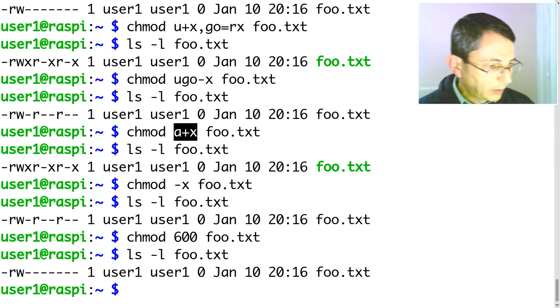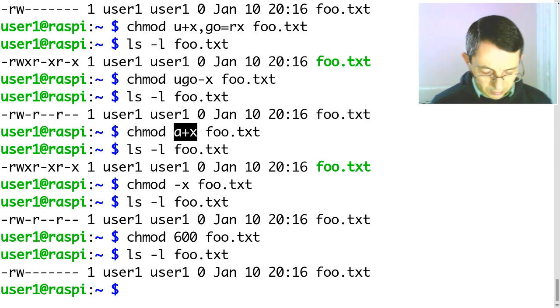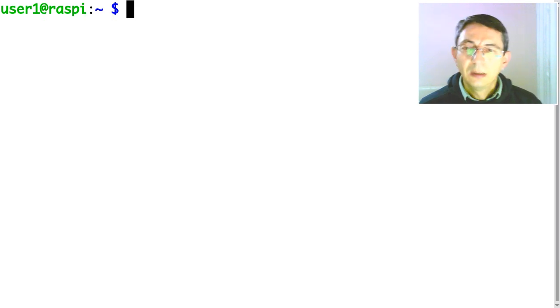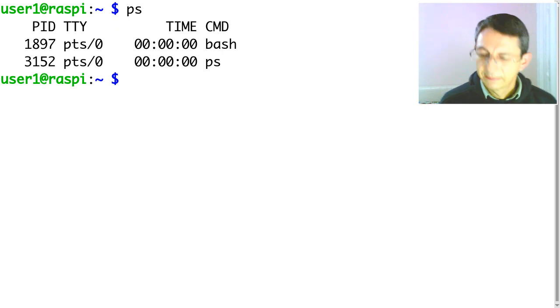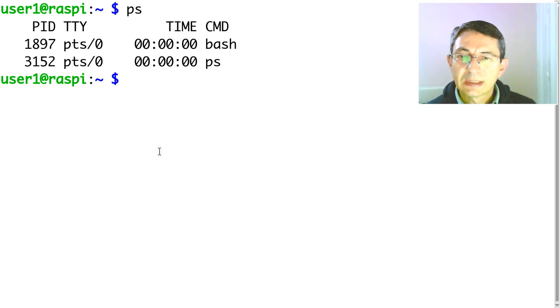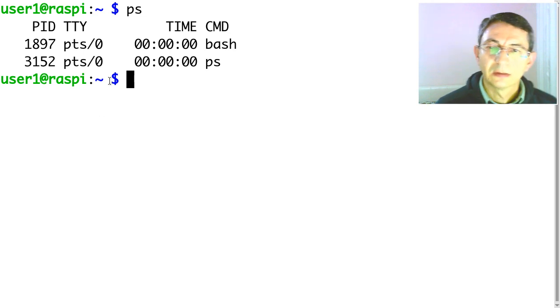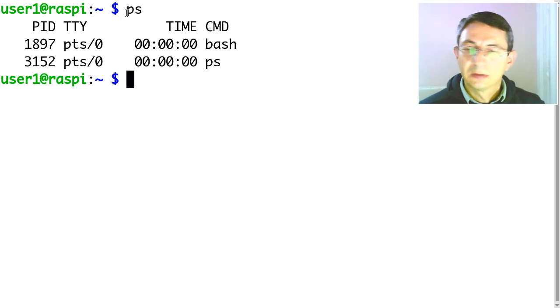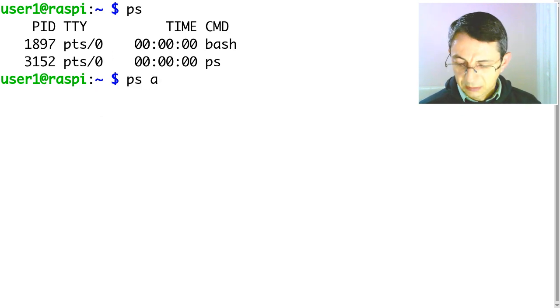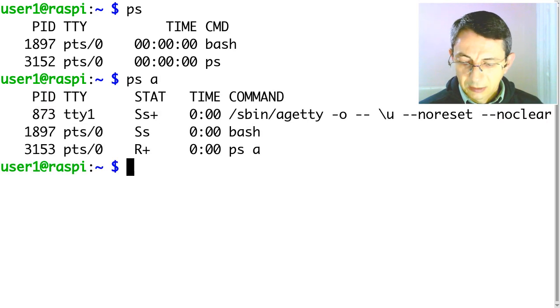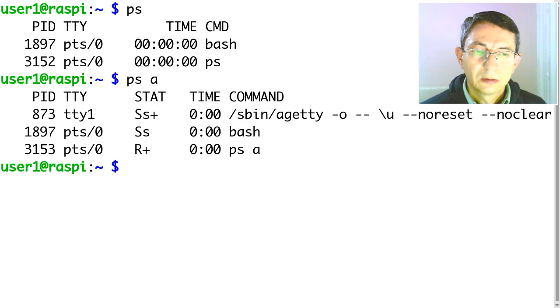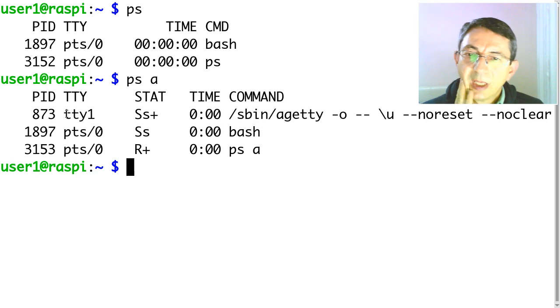Now let's see something about the processes. Let me clear the screen. And we have this command ps to show a list of processes. And it is showing the processes only for this shell, for this terminal. But if I add the option A, it is giving all the processes,